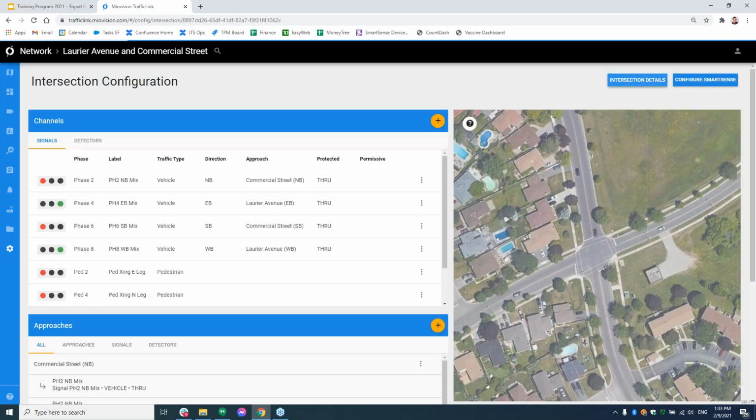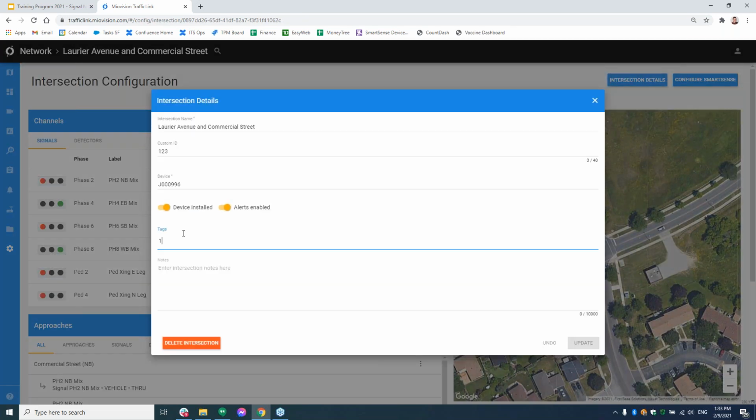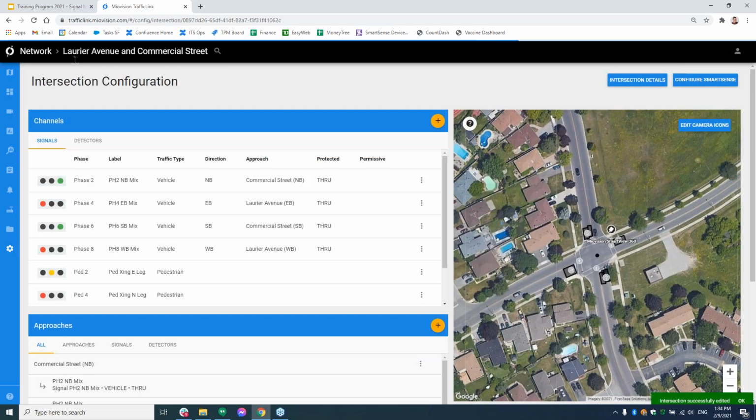And then if I go back here, there we go. So then it adds, so that user specifically cares about intersection 321, and it pops up as a tag here now that that user cares about it. So that user can get it set up so that this intersection is the only intersection that person cares about, and I can update it as such.